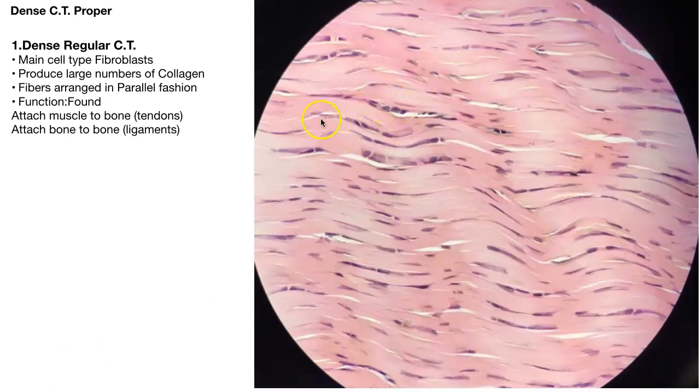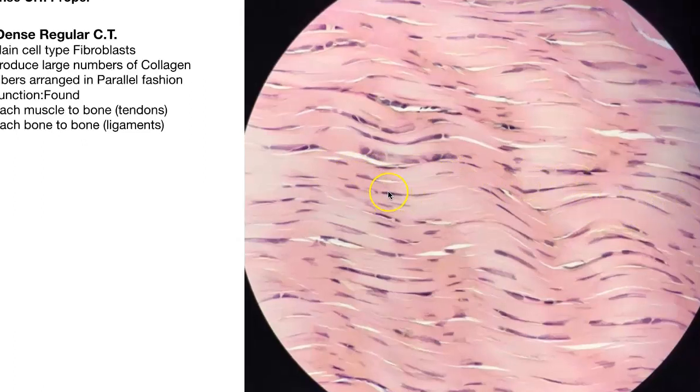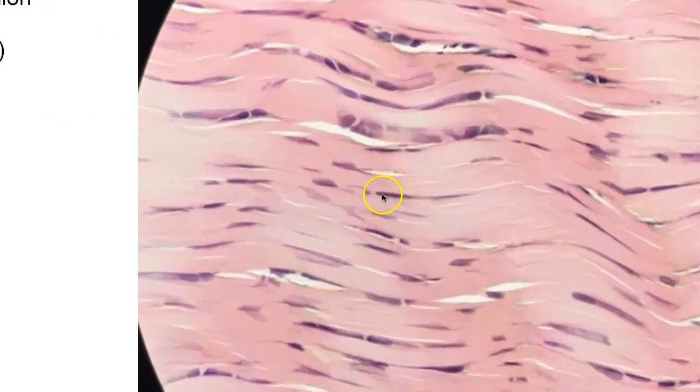Now, all this pink stuff is collagen. See how it's arranged in a parallel pattern? It's kind of wavy, but still they're parallel to each other. All this collagen is parallel to the one above and below. These dark, slender things right here,